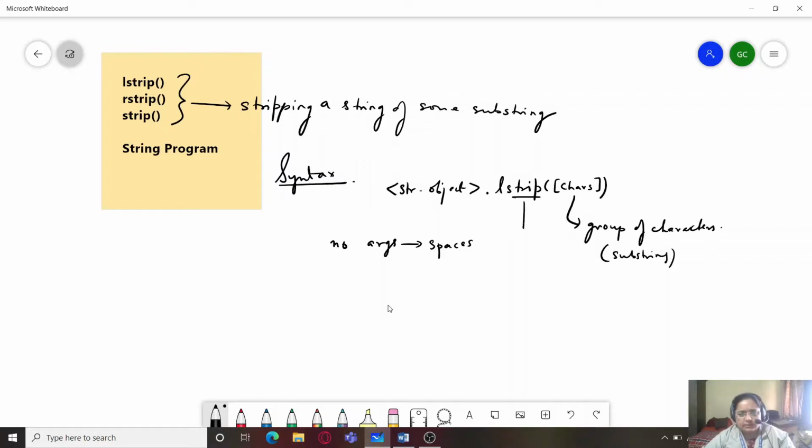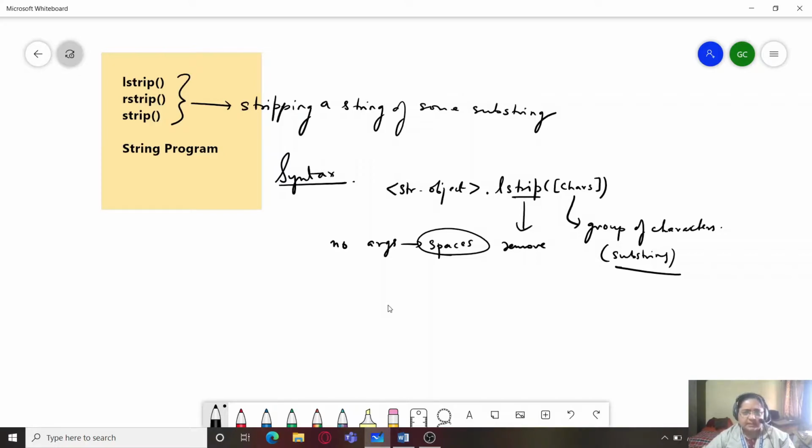Basically, string stripping means to remove. So any strip function will only remove some characters from the string. If no arguments are provided, only spaces will be removed. And if an argument is provided in the form of a substring, then any suitable combination of that substring will be removed.